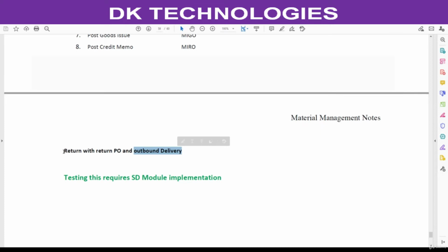Third scenario, return with return purchase order and outbound delivery. Outbound delivery means we need to implement SD module for testing this scenario. In coming days, once we implement this SD module, then we will test this end-to-end scenario. We will understand how to return this with SD as well.